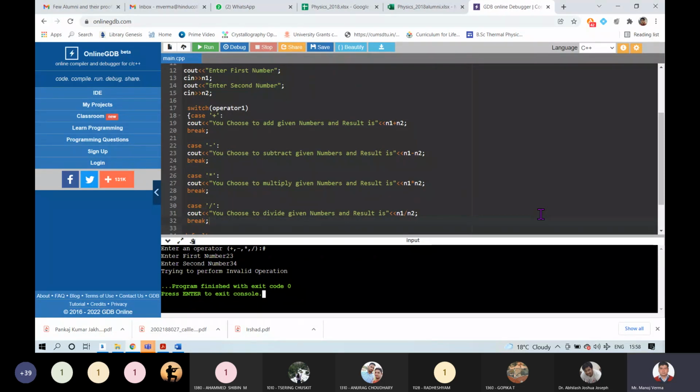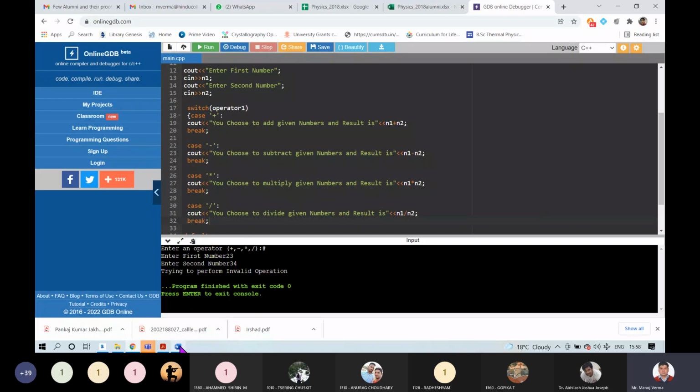Okay. In many websites, you will see there are options of drop down menus. As soon as you select one of the options of the drop down menu, something different will happen. If you click on something, some other things will happen. So all these things are written with the help of these things. Okay, this is a very simple case I have told you, but with the help of these switch cases, break statements, continue statements, you can make a very good program which can ask multiple things.